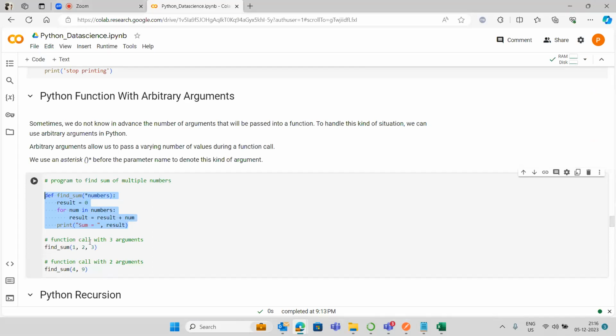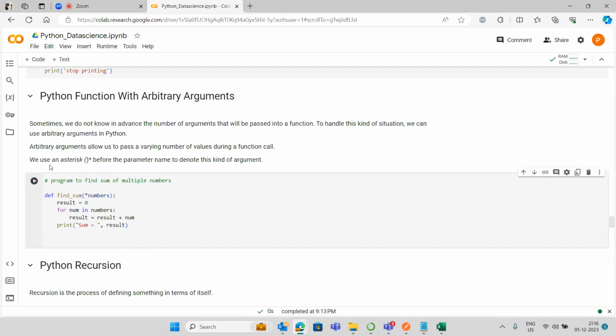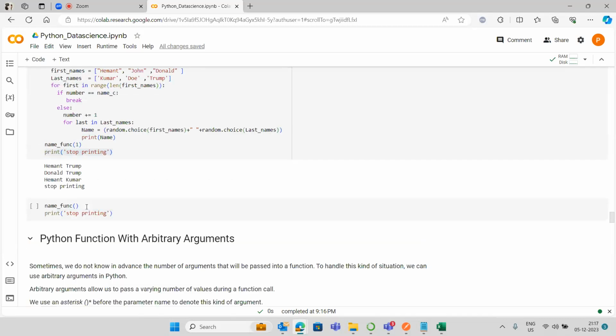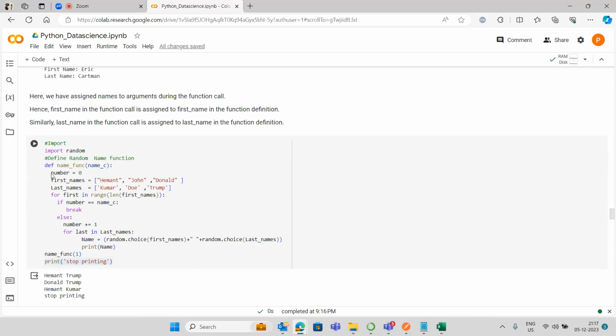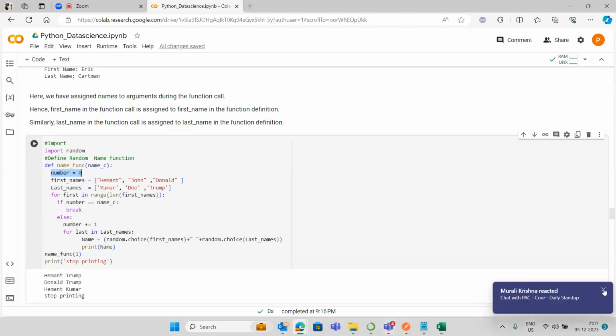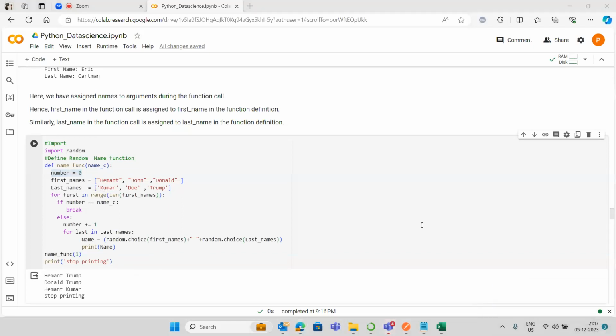So now we have two cases. I'm simply running it. So find, I'm not giving any arguments, asterisk numbers, and I'm simply taking a variable which is result and I'm initiating this to 0, as my friend has done. Generally we will do it because